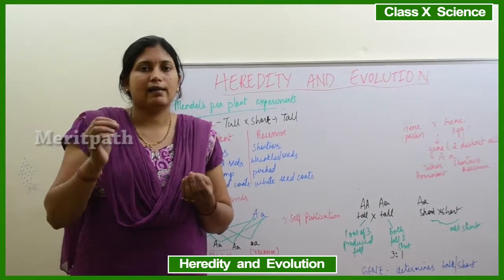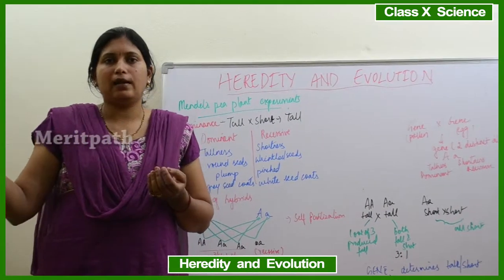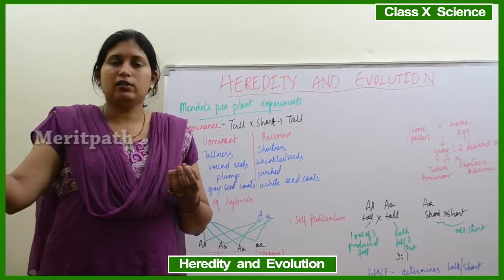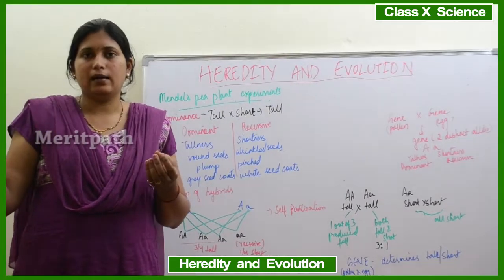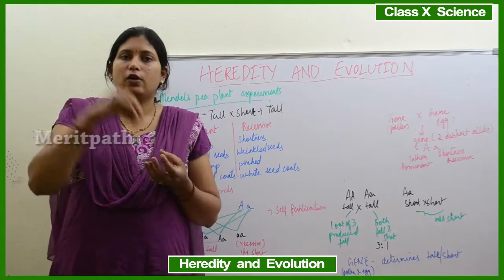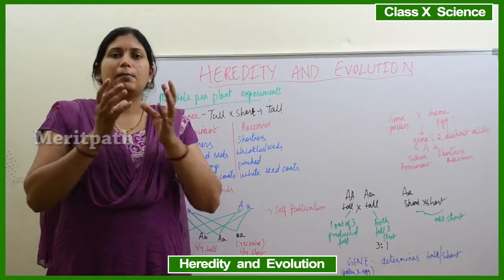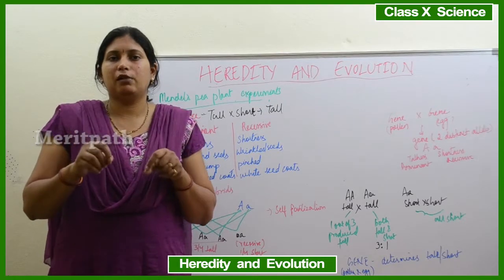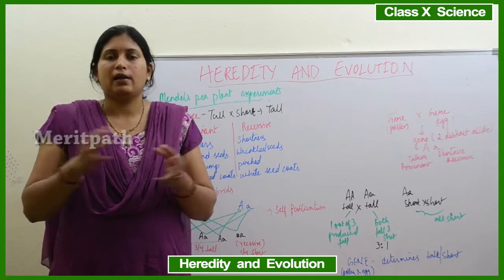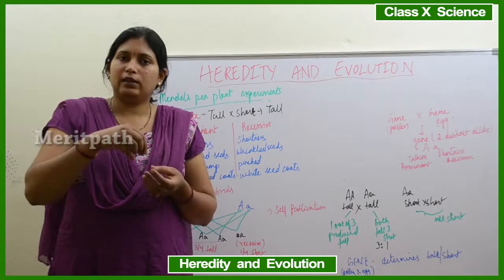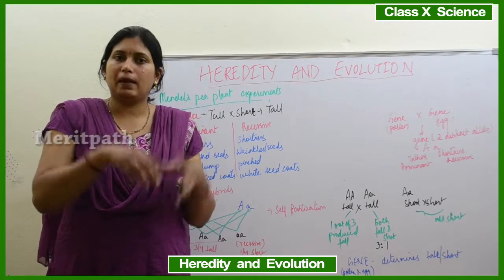Whatever desirable characteristic he wanted of that plant, that trait, he took the pollen and the anther from that plant and put it on the ovary of this plant. So he did, that was the family planning. That means one plant had both the male and the female parts, but he cut off the male part and took the male part from the other plant